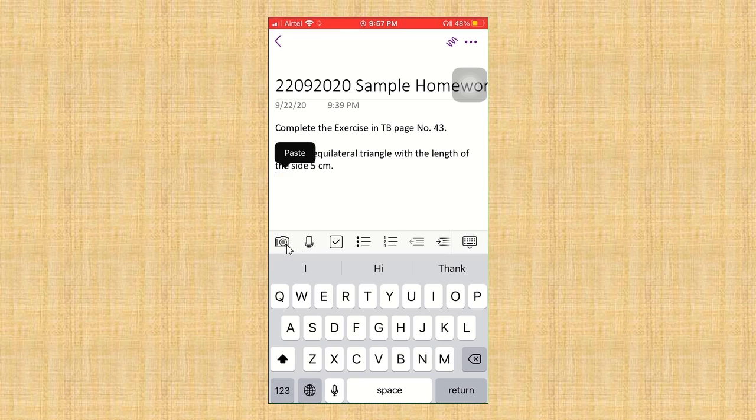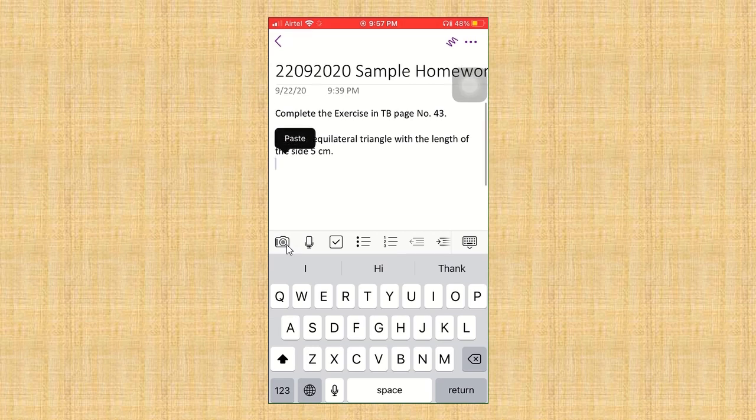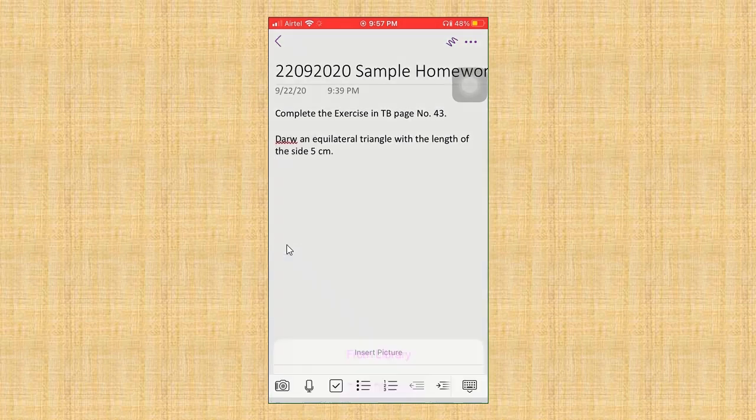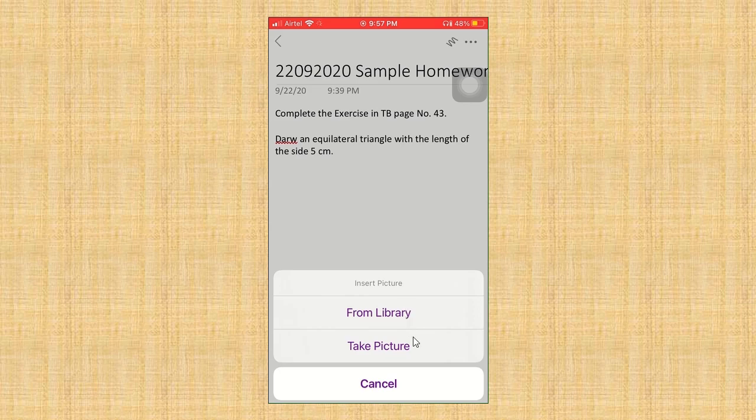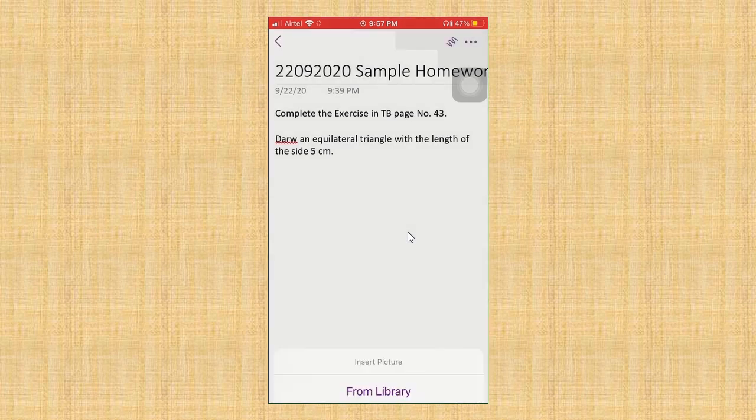Suppose I am pressing the camera option here. It will ask me how to upload the work, whether from my library where I have already saved it, or I need to take a picture. Suppose I am adding a work from the library. I already have an image of my work, so I am pressing from library.